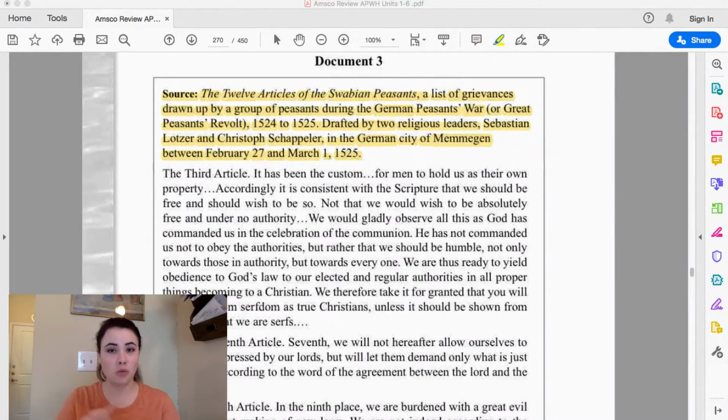Furthermore, we can directly connect their first point in the text to the words of Martin Luther. Only do what's specifically in the scripture sounds a lot like sola scriptura. So knowing that historical event was taking place when this was written is important in understanding why the peasants said what they said. It also shows us how the German rulers were doing in consolidating their power in this time